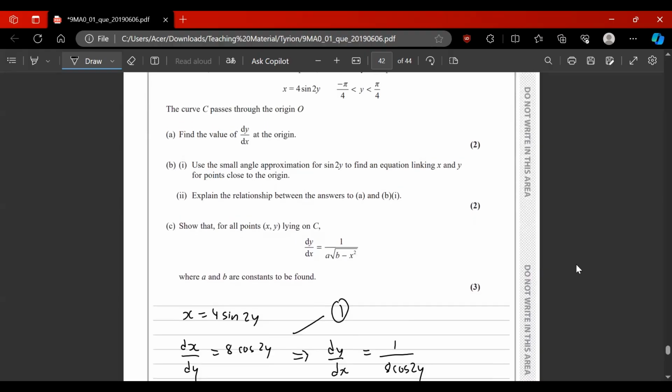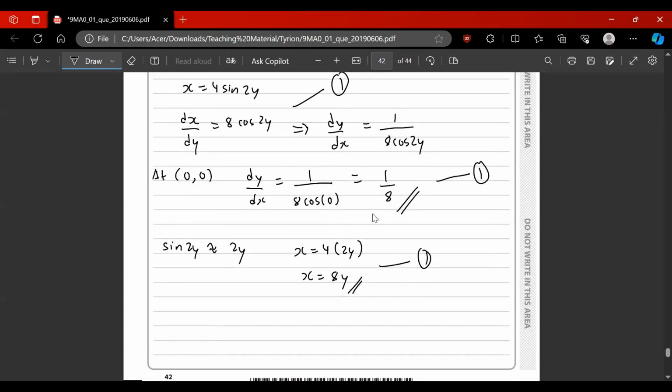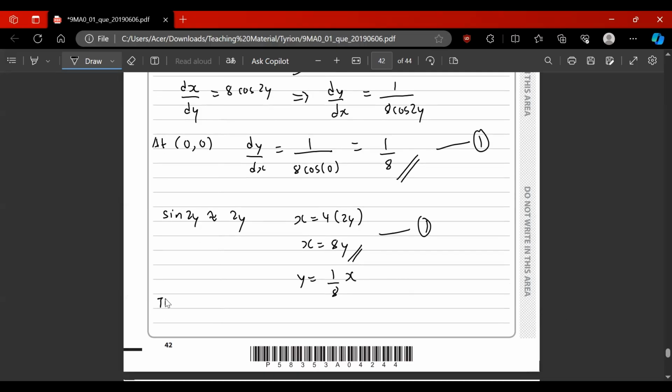And then in part 2, explain the relationship between the answers to A and BI. Okay, so here, obviously in part 1, what we got was the gradient of our function. And over here, it's the same thing. Now, if we write this in terms of y, we will have y equal to 1 over 8x. And you can see they are the same coefficient. Therefore, you could say the value of dy over dx is the same